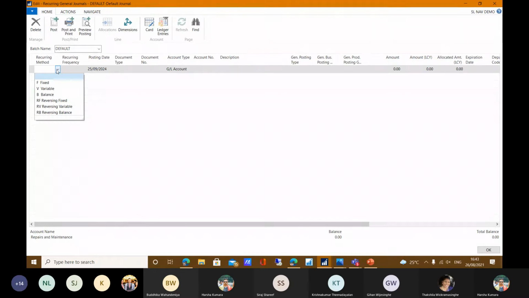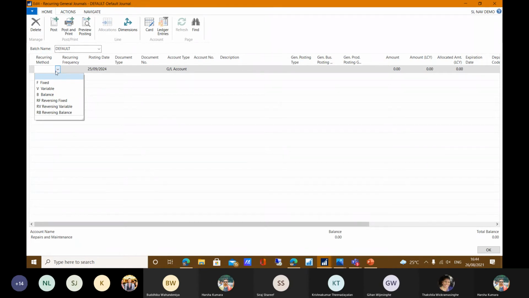Balancing means your balance debit amount will be posted today, and your credit amount will be posted into your chart of accounts the next day. And there are also some reversing variables available, but those reversing, fixed, variable and balance options are not used here. Normally we use fixed and variable for day-to-day requirements.